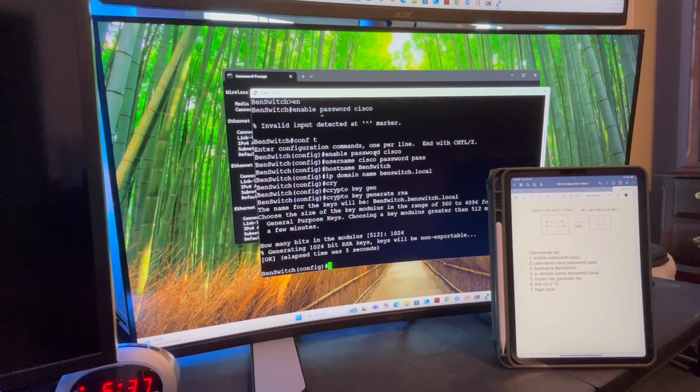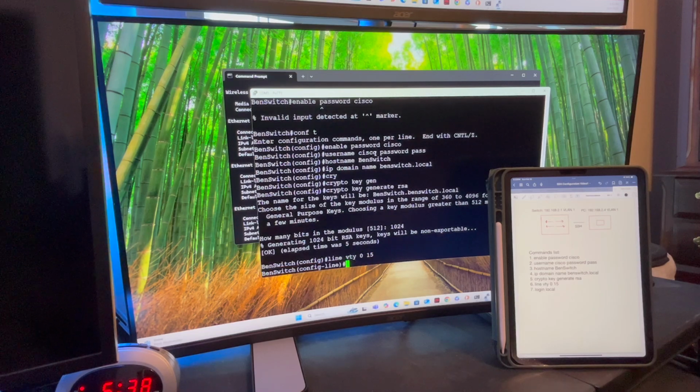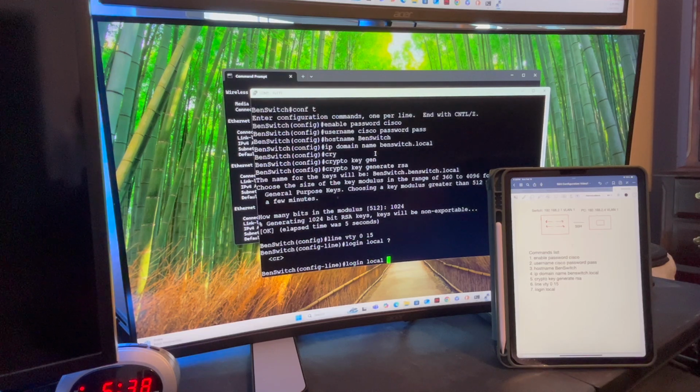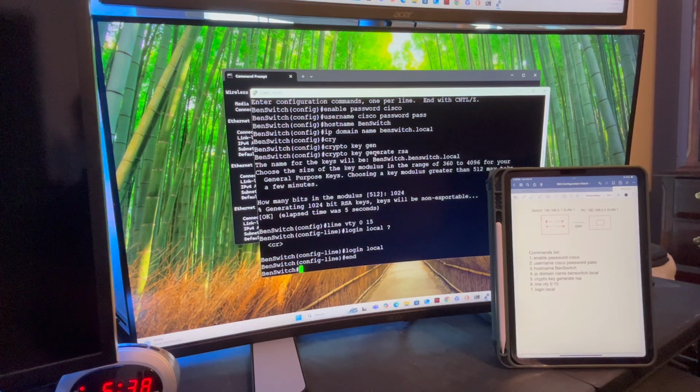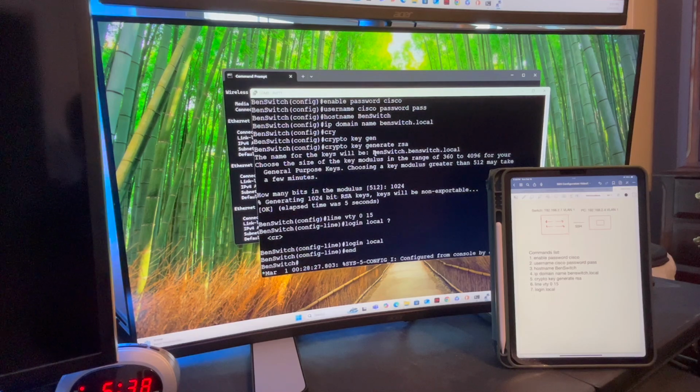All right, and let's enable login local on our VTY lines. So let's do line VTY 0 through 15, and that's all of the VTY lines. And let's do a login local, so it's going to use our local database so we can log in remotely. All right, so let's hit enter there and let's do an end. So now we have given the configuration on the switch to be able to connect to this switch